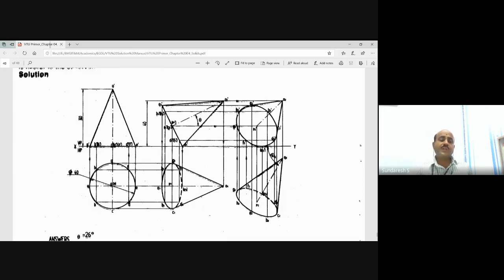So cones are relatively easier, but the only thing is transferring the points in the case of an ellipse or a circle takes time. For the rest, there is no edge or corner, so it is a little bit easier. Now, the complete base is visible in the front view, so you can see the complete base of the cone. Then the rest is joined with the end generators.